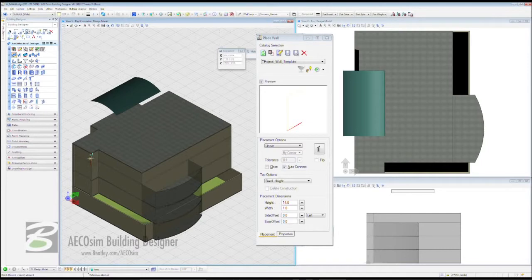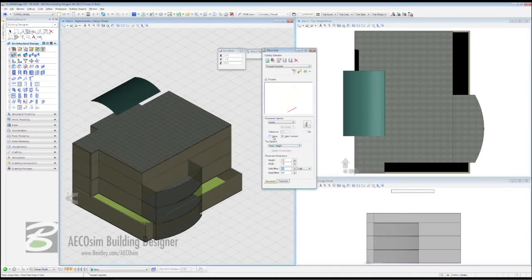With that, we can click on the same wall that our condominiums is made from, and straight away, the Place Wall dialog box reflects that. Precast concrete, 11 feet high, 1 foot thick, but we just want to change that one more time. We're going to say 3 foot by 1 foot. And so now, all you need to do before you leave this dialog is to make sure the Close